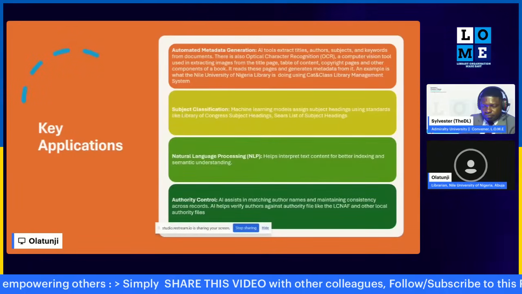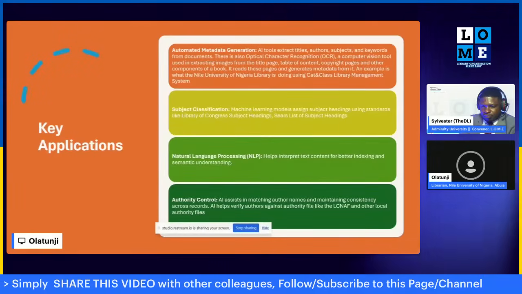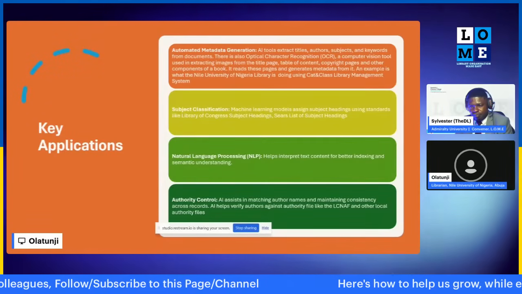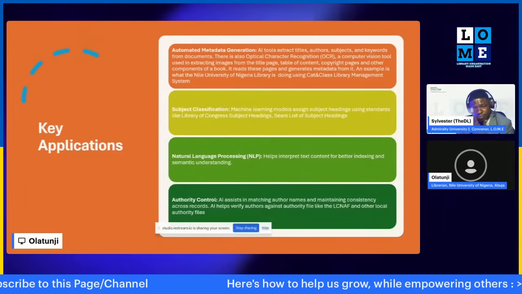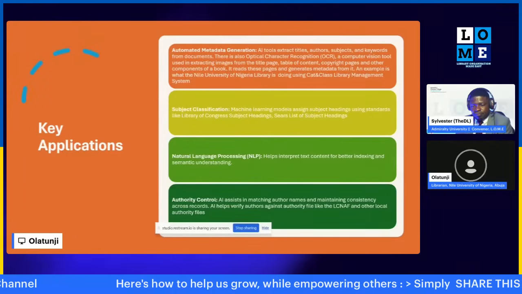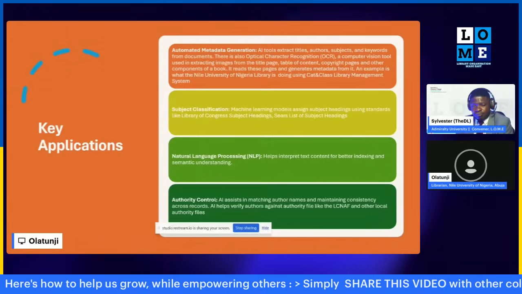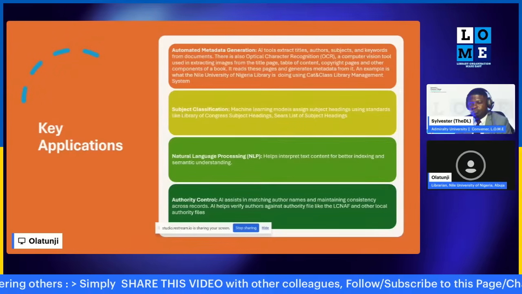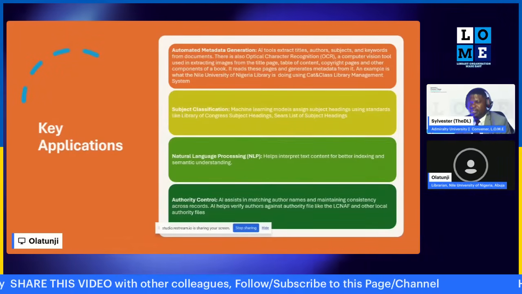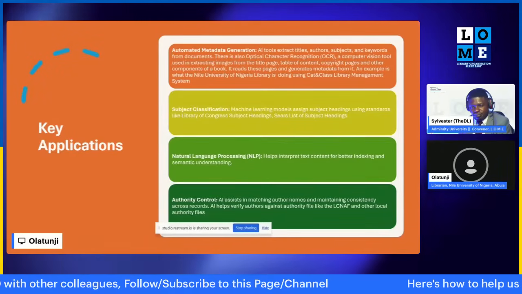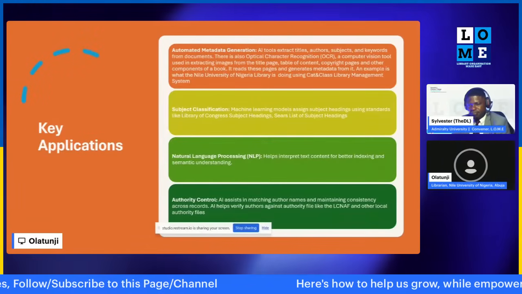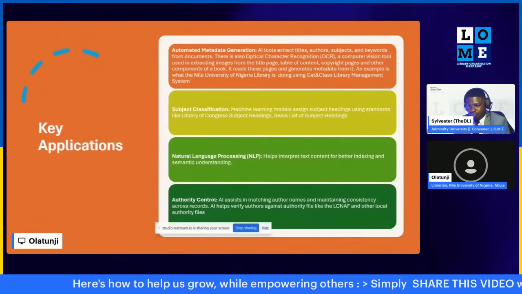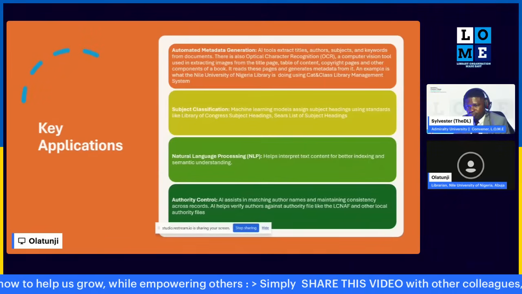And this has been made possible with a particular software that we were able to get to know about. That software is what we call the Cat and Class Library Management System. I'm pleased to inform you that this particular software was developed by a librarian for librarians, meaning we've passed the era where people from other fields come to develop what we are using for us. Now we have a librarian